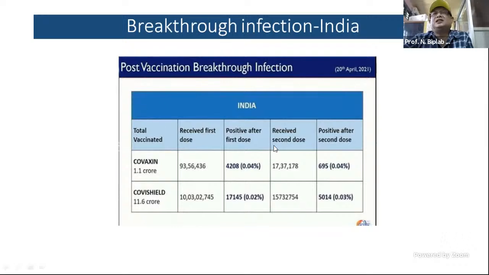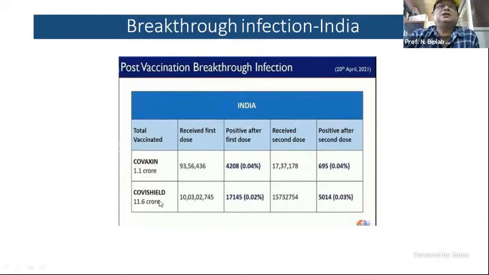And if the second dose is received in around 17 lakhs 37,178, the positive rate among this population who has received the second dose is around 0.04%, that is 698. So there is a very much reduced rate of positivity